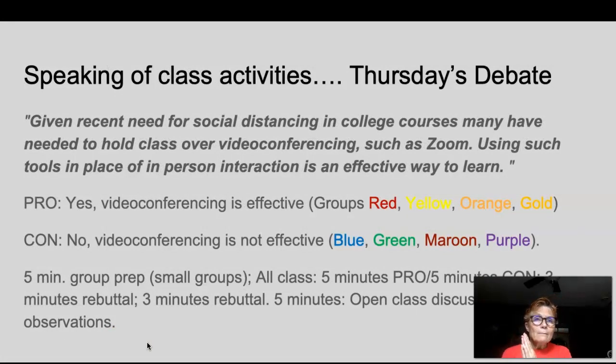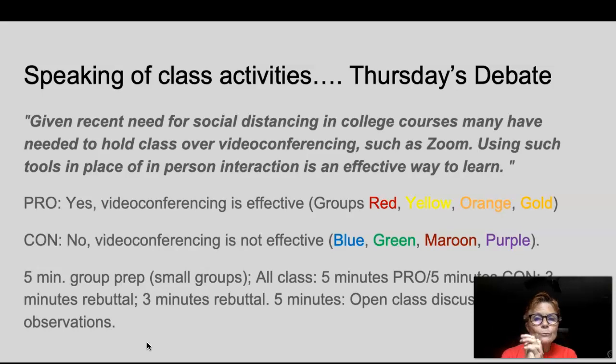Because I know that you're amazing, and the students in my previous sections of the course have been amazing, I know that on day number 2 of the course, I can ask you to do a debate. Don't worry about researching or having notes. A lot of this is just logic. A lot of this is just based on what you know, what your experience has been. But I'd like us to think critically about the use of Zoom. Okay, I'm sure a lot of you have been using it in your classes. You're certainly using it in this one. And so